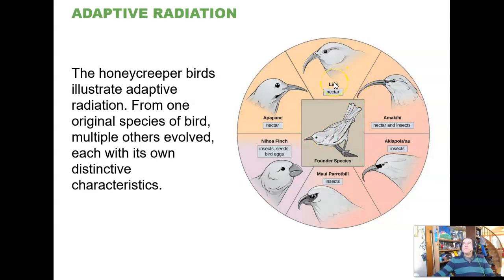And Hawaii is one of the most isolated archipelagos on the planet, much more so than the Galapagos Islands, and also a little bit older. But this original species has adaptively radiated out to so many different islands, and to different habitats on the different islands. These are all nectar drinkers. This is an insect eater. This is an insect eater. This is a fruit, insect, and seed cracker right here, and these are nectar drinkers right here based on the long bills. Anyway, that is a case of adaptive radiation.